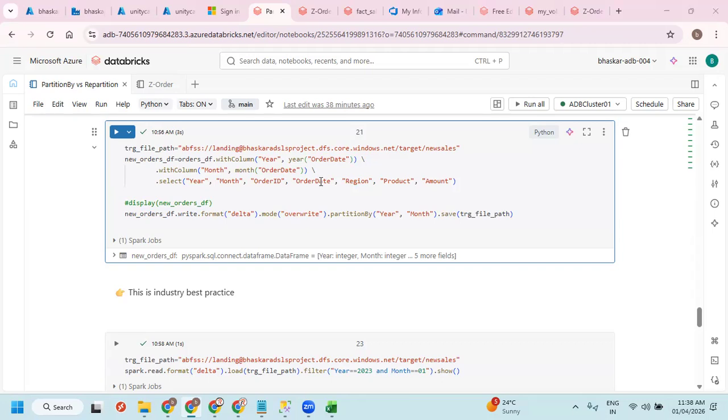Generally, this is the question they asked: if you do not have a primary key. We require two things. First is a date column, high priority, and the market standard is a date column. If you don't have a date column, then a primary key. If you don't have these two, then you have to go for CDC.